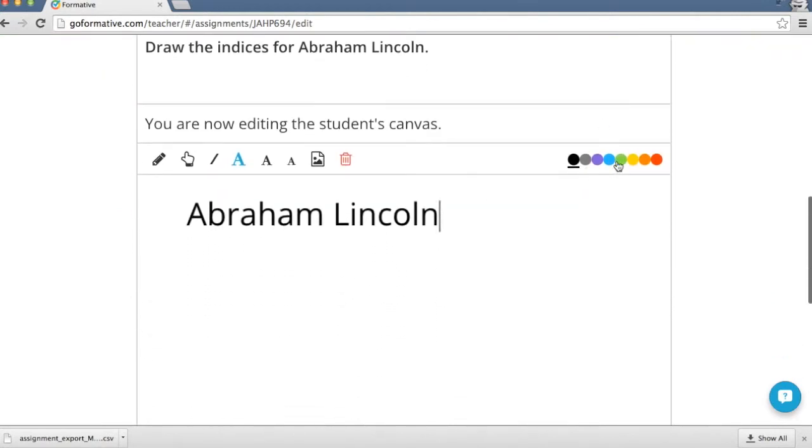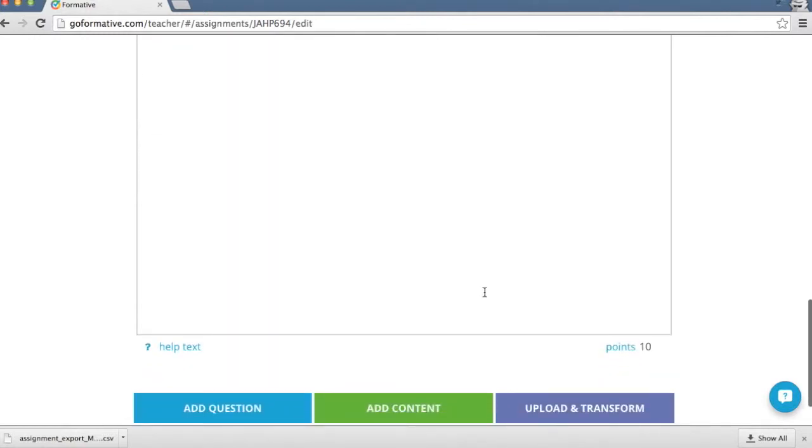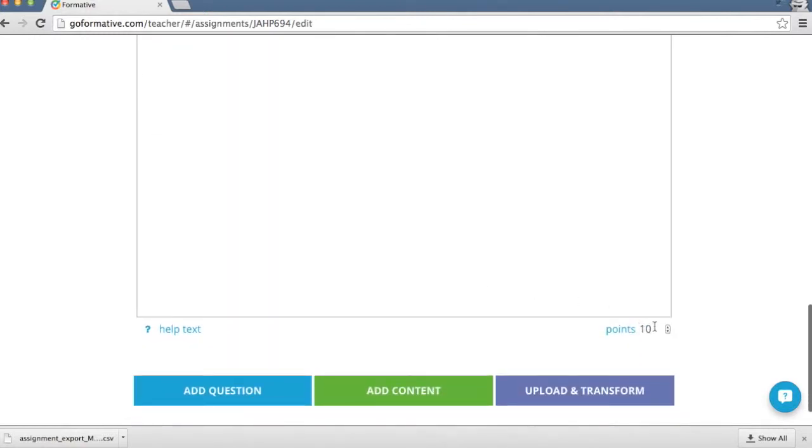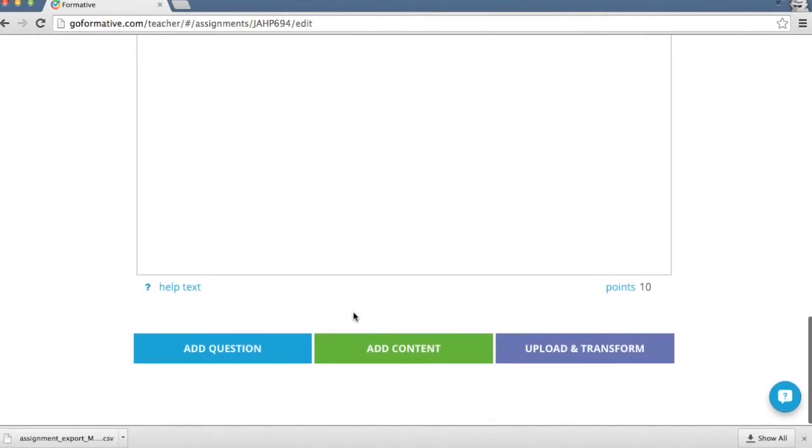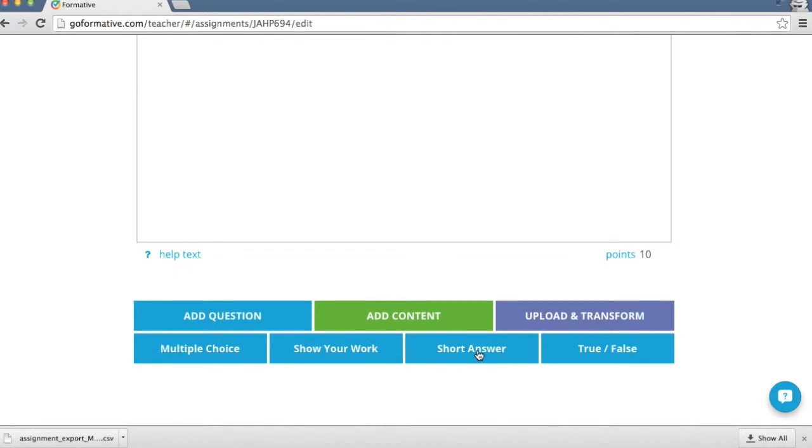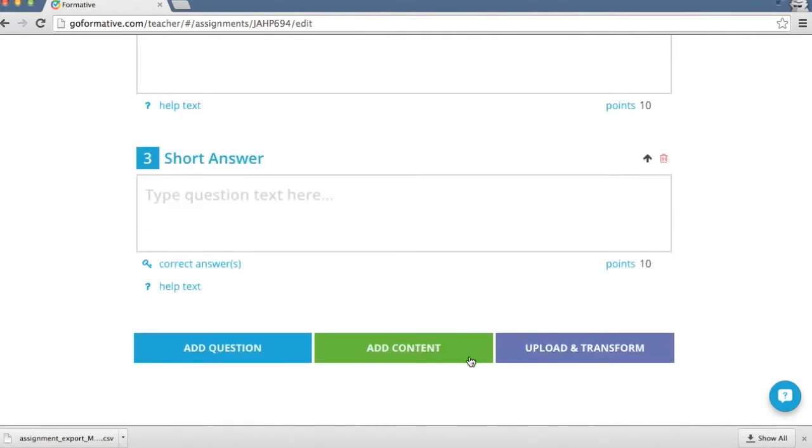Okay, I can also change the color up here if I want to. So I'm going to scroll down, and once again I could change the point value. I'm going to go ahead and leave this one at 10 points. And now I'm going to add a third question, and this one is going to be short answer. For this particular question, I'm going to have them write a line of code